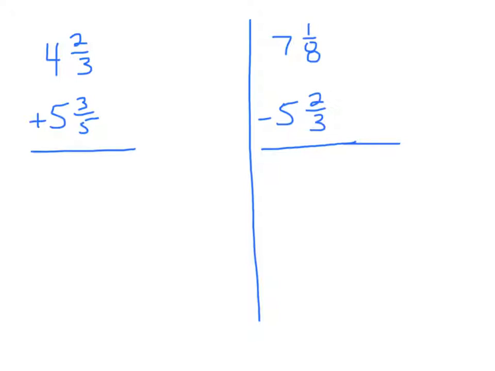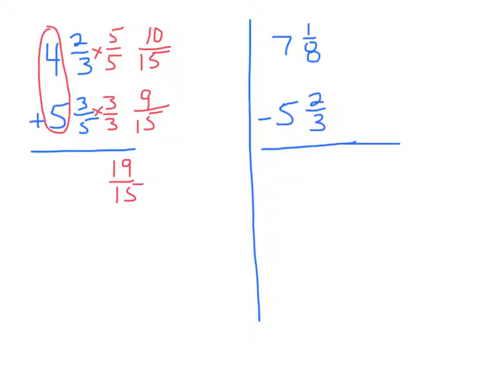Okay, hopefully you've had a chance to go through and do these problems. Let me run through and do these problems also fairly quickly. The very first problem, I have denominators of 3 and 5. So I'm going to change both of these to 15ths. If I change the top one to 15ths, I need to multiply by 5 over 5, and I get 10 15ths. To change the bottom one to 15ths, I need to multiply by 3 over 3, so I get 9 15ths. The 10 15ths plus the 9 15ths gives me an answer of 19 15ths,